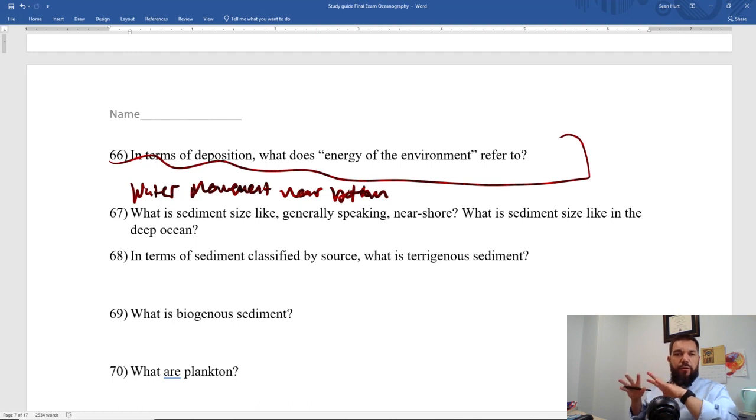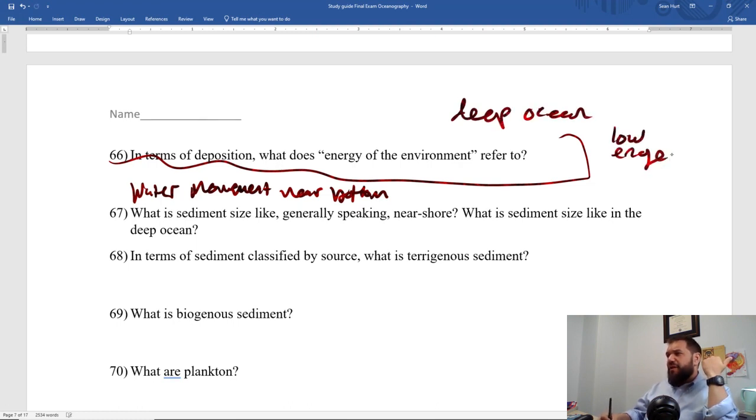Because we have learned already about deep water currents. Most of the currents are happening, and most of the waves, of course, are surface, but most of the currents are happening in the top, like 10% top of the 400 meters of the ocean, okay? There are some currents that happen near the bottom, but not much. So the deep ocean is going to be low energy. And the shallow systems are going to be typically high energy, except think of things like back bays like we have here in Corpus Christi. Back bays that are protected by wave action actually are pretty low energy.